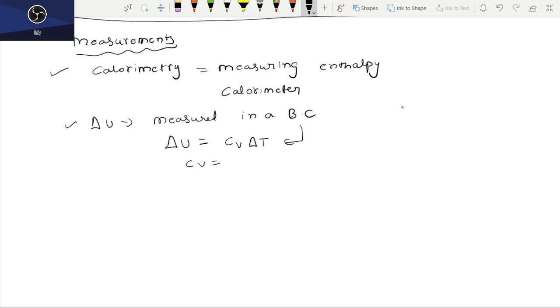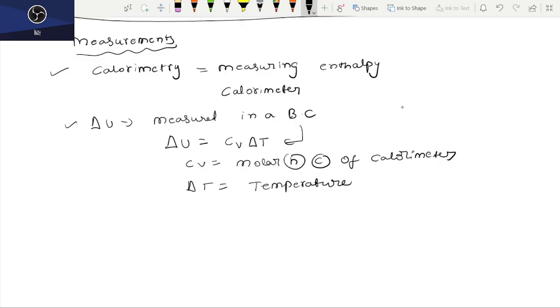Molar heat capacity of a calorimeter. Delta T is equal to the change in temperature. Whatever temperature is being changed, it is going to be measured by delta T. If delta U is known,